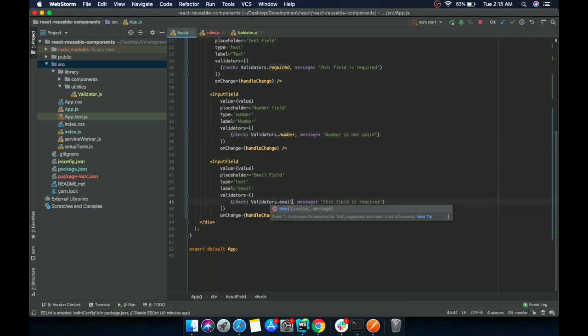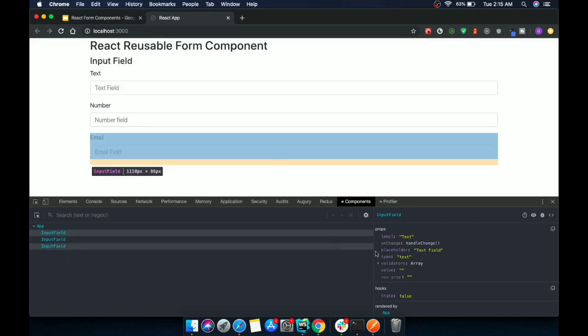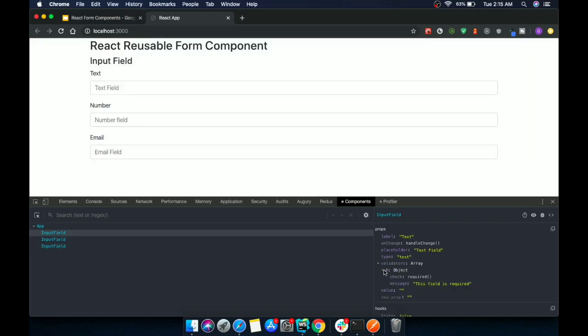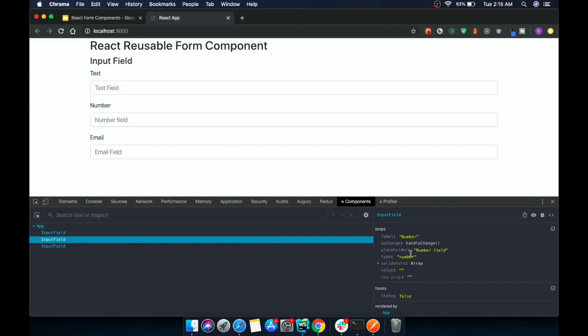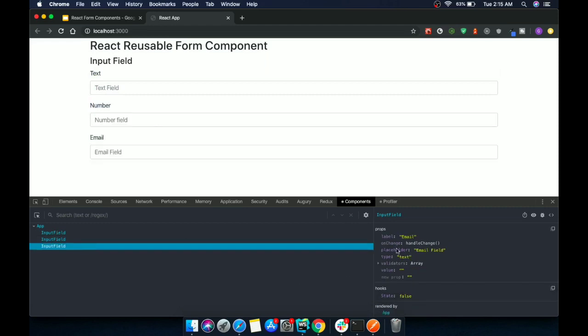Here we will use email, and we will just say email is not valid. So we have the first as text and validation as required, second as number and validation as number, third as